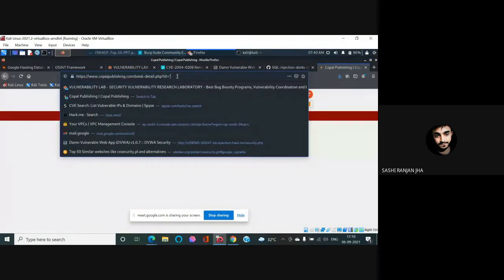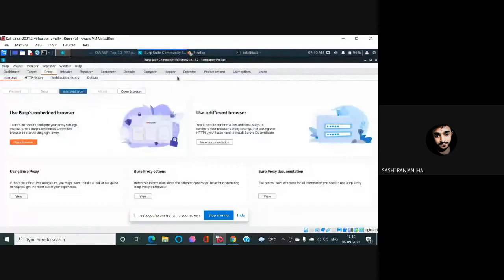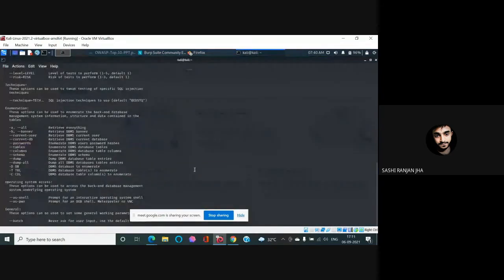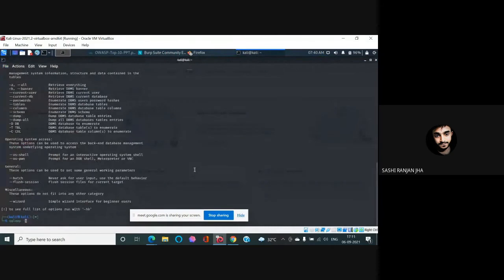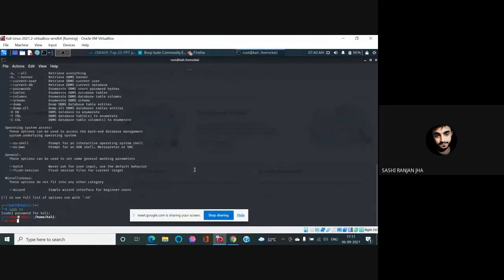Okay, so the work is just to copy all this and go over to SQL map, and let me switch to sudo and sqlmap. We will use dash u, the flag for the URL that we want to give.